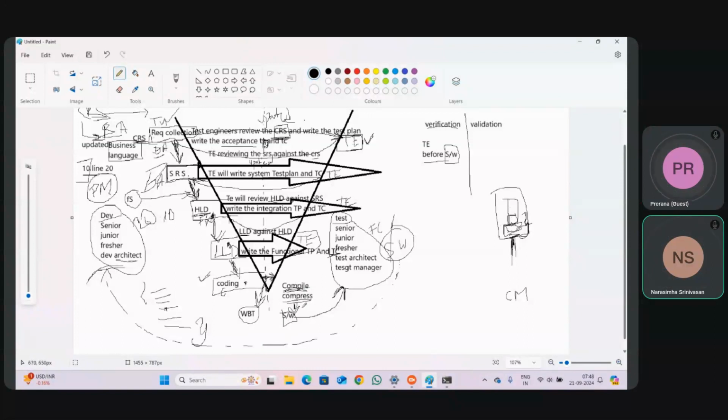Since he opened the source code, it means compile and compress into software. Software is a different story, but he went to the source code, whatever the code is written. Once the code is changed, something has happened, so again he wants to do the white box testing. If he touched some coding, he needs to do the white box testing. Again he needs to compile and compress, and give something called new software for us, because the old software already has the defect. We found that.